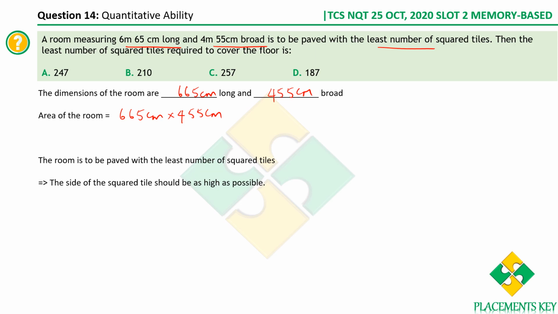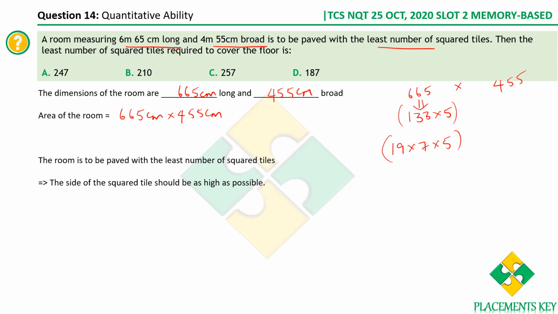So think about it. Let's try to look at the area. Let's split the area. We have 665, and then we have 455, right? So 5 1s 5, 5 3s 15, 5 3s 15. So it is 133 into 5. And further, 133 can also be split as what? 7 1s 7, 7 9s 63. So it is 19 into 7 into 5. This is how we can split 665.